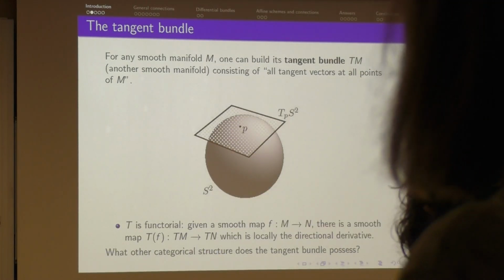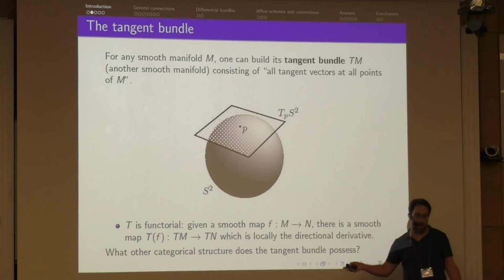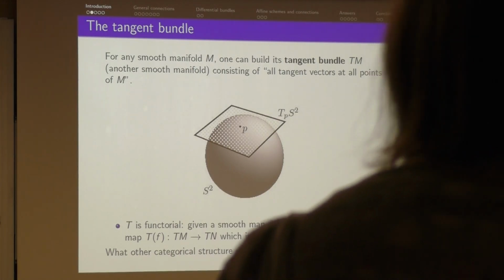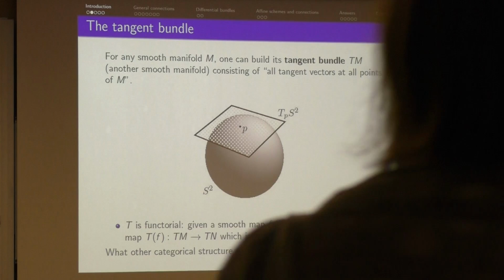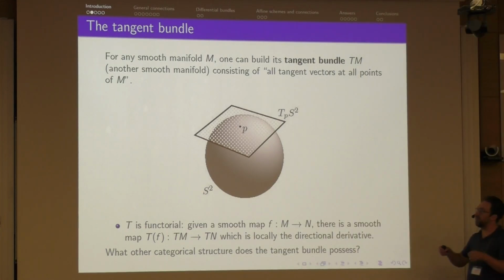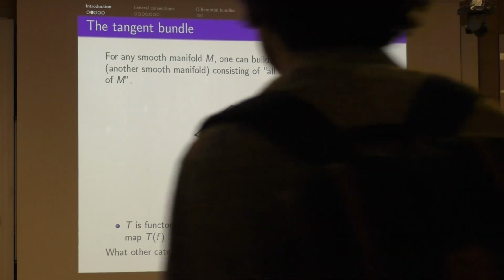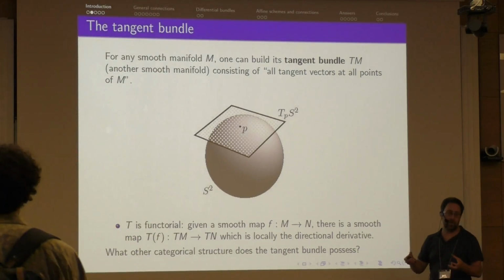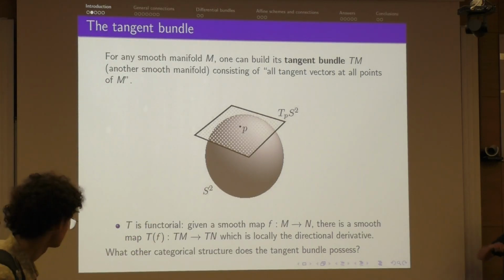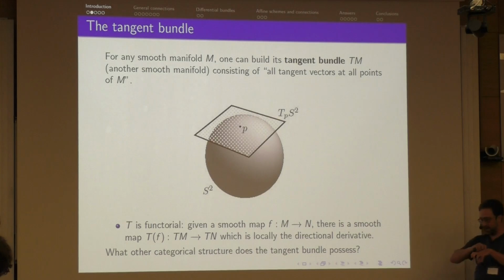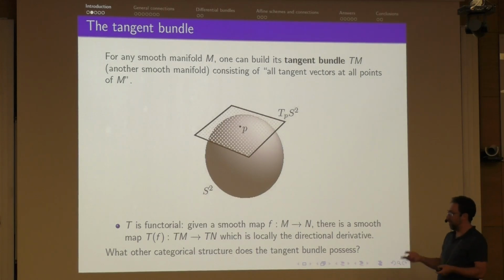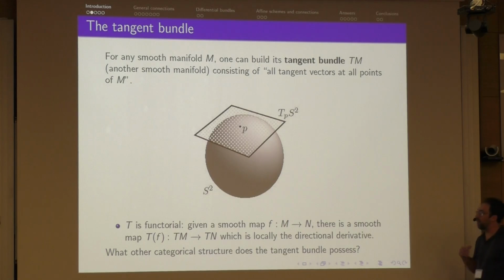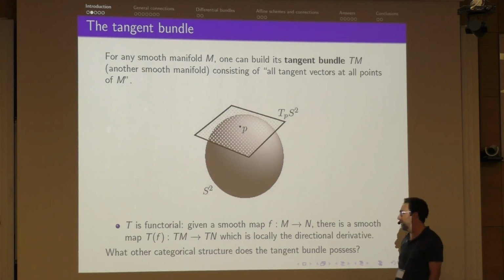This is a functorial construction, so if I have a smooth map from M to N, then I can get another smooth map from the tangent bundle of M to the tangent bundle of N. Locally in coordinates, given a point and a tangent vector, what this is doing is applying the directional derivative. You take the Jacobian of the map at that point P, apply it to the vector v, and that gives you a tangent vector. And it's functorial in the sense that it preserves composition. That's essentially the chain rule. What's going on behind the scenes that makes this preserve composition is exactly the chain rule.